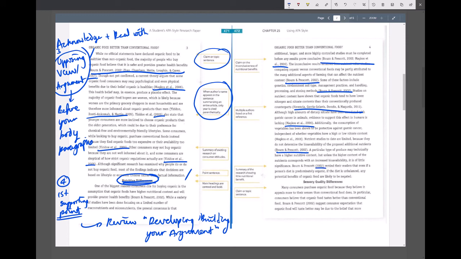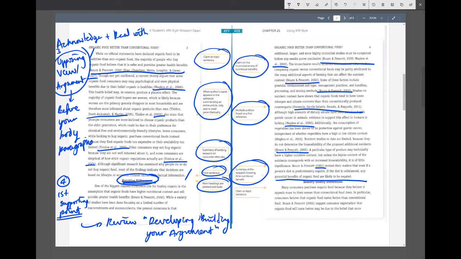So you can see, yeah, it's a pretty long paragraph, but if you read the side points here, they'll explain why. So the claim, oh yeah, it's hard to tell whether one type of food has more benefits than the other. They found different authors that say the same thing, and they summarize that, oh, the research shows very little difference between the two types of food.